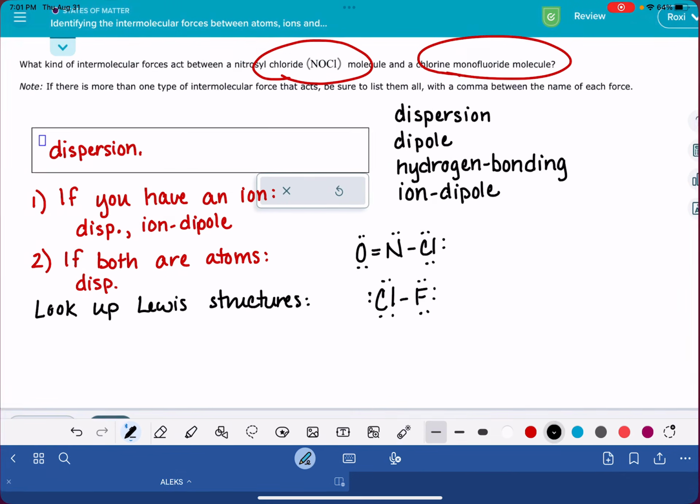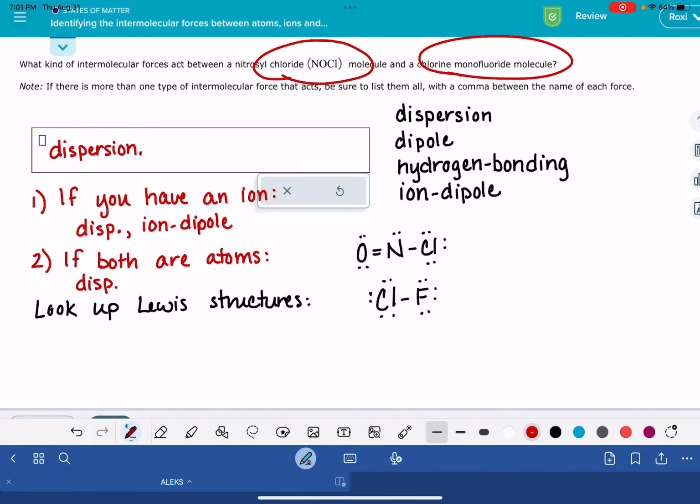Okay, so why do we need the Lewis structures? Because the next thing that we're going to be looking for is the potential for hydrogen bonding. And that's going to be our third thing that we're going to try to find. If both of these substances can hydrogen bond, I'm going to abbreviate it H bond,